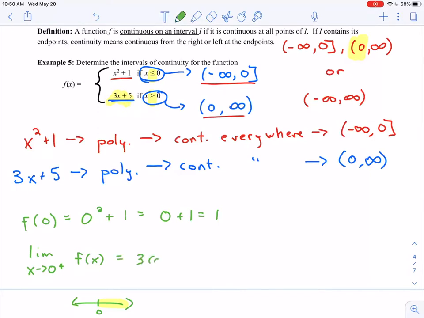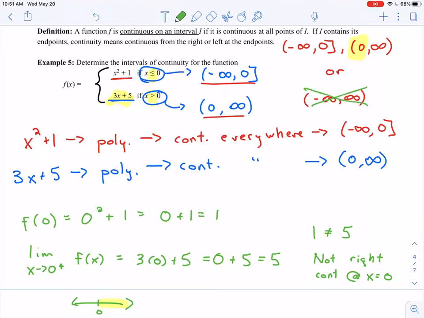So I have 3 times 0 plus 5, which is 0 plus 5 gives me 5. Well, 1 is not equal to 5. So what does that mean for me? That means that this function is not right continuous at x equals 0. It's not right continuous at x equals 0, which means it is not continuous on negative infinity